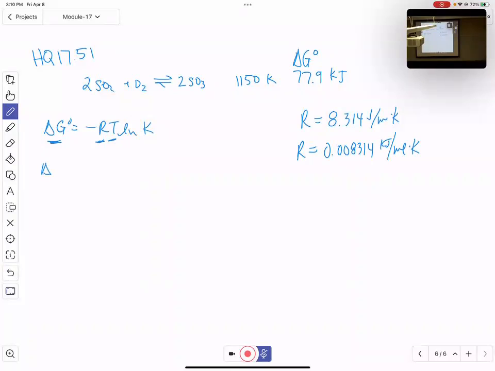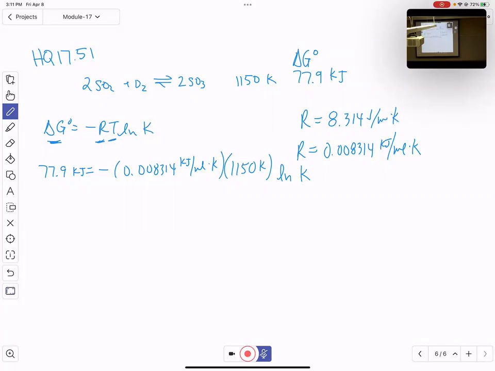All right, so delta G equals negative RT. You can start plugging things in. So my delta G is 77.9 kilojoules equals a negative R, 0.008314 kJ per mole Kelvin. Temperature 1150 Kelvin times the natural log of K. Multiply those two together and we get,